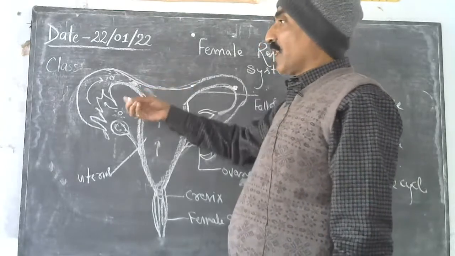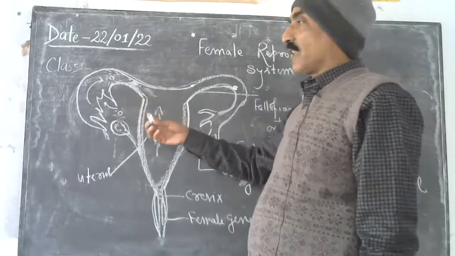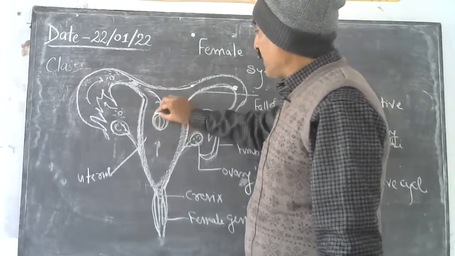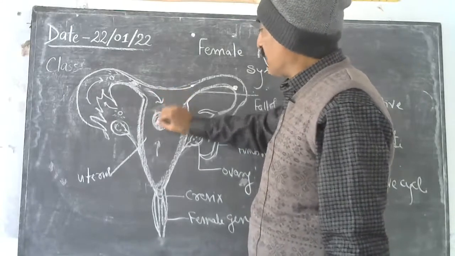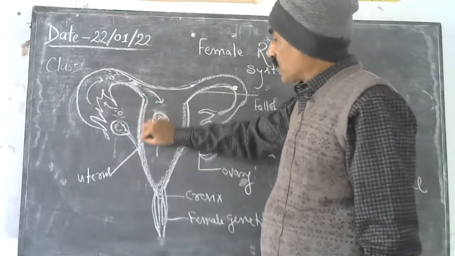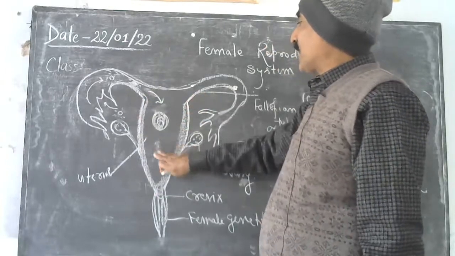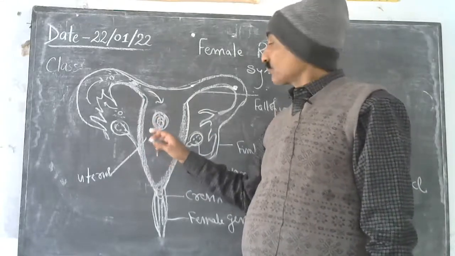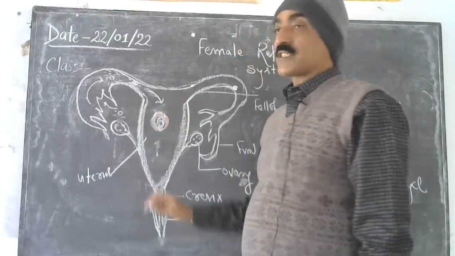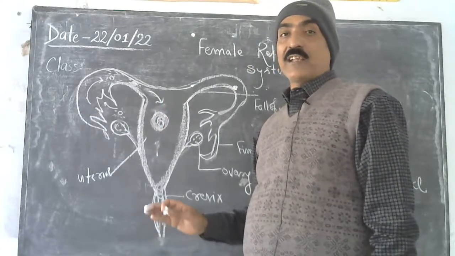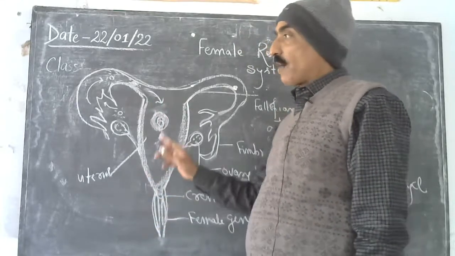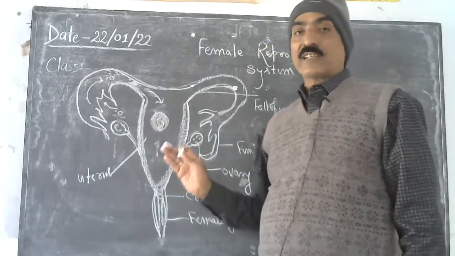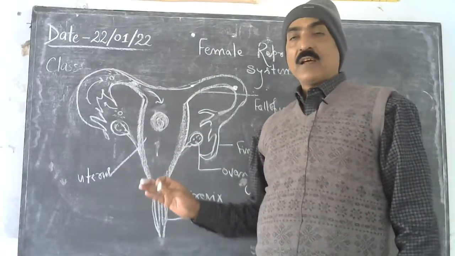After having the collection of cells up to the 16-cell stage, the embryo reaches and settles in the muscular, spongy structure that is called the uterus. So this is the uterus in which the embryo gets nurtured up to 280 days, and after maturation, when the embryo has been converted completely into a fetus, then